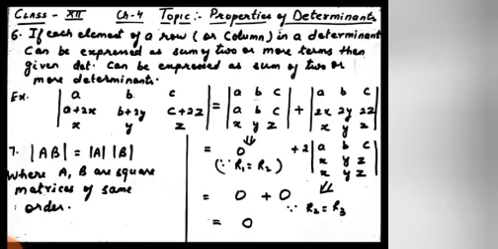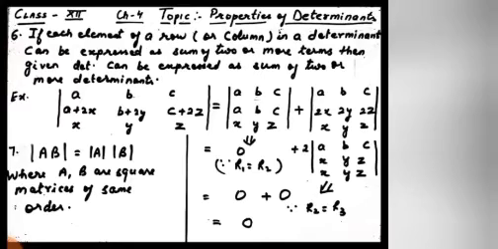Instead, if we try to solve this question by the normal expanding method, which we have done earlier, then this calculation is very complicated for getting the answer 0. So this is the application of the properties of determinants in solving such types of questions, where we can get the answer in very easy steps.